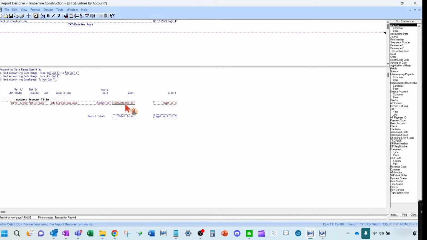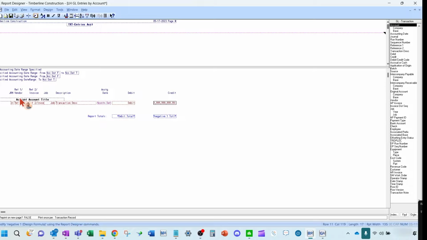So at the transaction detail, debit and credit is what you want to sum up. You always want to leave those on the lowest level. So see how these are on print once per transaction record? We're going to leave it at print once per transaction record because it's numeric. I mean, it's a number and it's going to add it up. If we summarize this up, it doesn't work. So you want to leave this at the detailed.